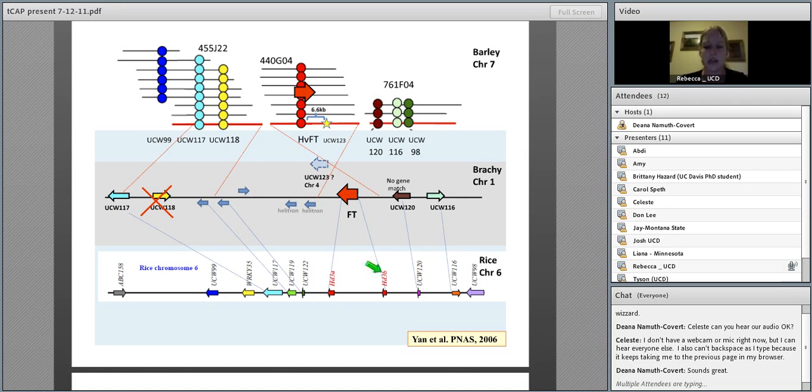You can see that here FT is duplicated in rice, but we didn't see any additional genes here. But when you look at Brachy, which is significantly closer in the evolutionary pathway to barley, we did see a few genes here that we're starting to explore, but we're not completely convinced that they are having an effect on the flowering and